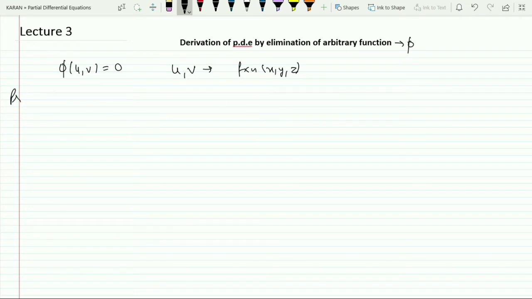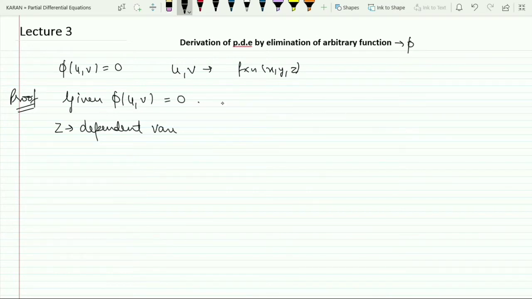So, proof. What are we given? We are given that phi of u comma v is 0. Now let me treat z as a dependent variable, so I'll be treating z as a dependent variable and x and y as my independent variables. Fine with this? Now we know that, as I have already told you in the previous video lectures,